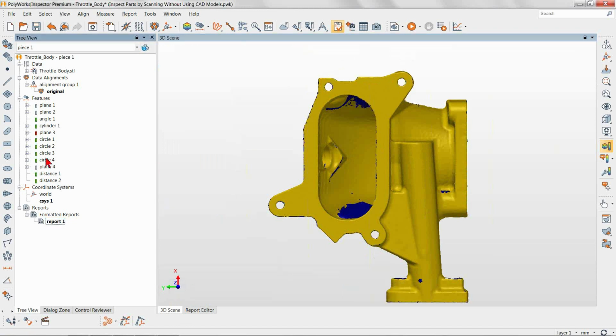Let's go ahead and take a look back really quick at my plane 3. So I was asked by the print to create a flatness control here, which is a form check. But if you want to take advantage of the GD&T toolbox in PolyWorks, such as location tools, what we really require is to have nominal information for location checks such as